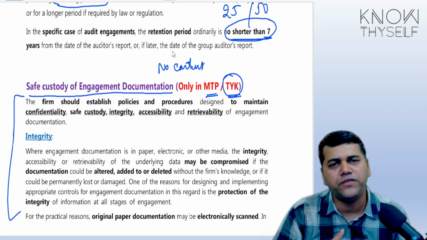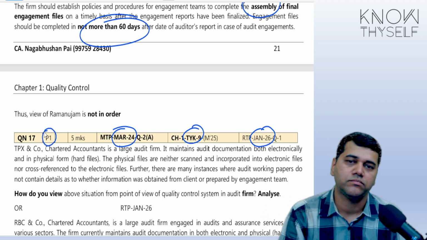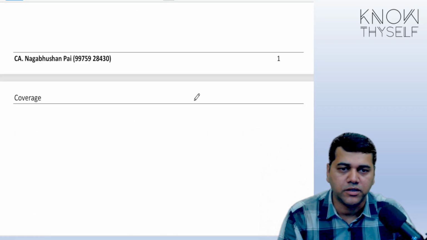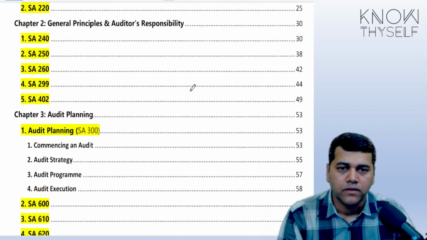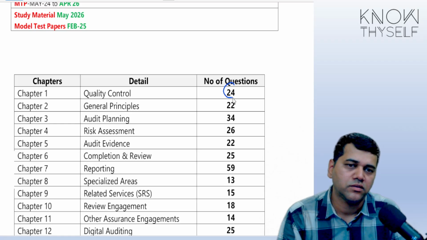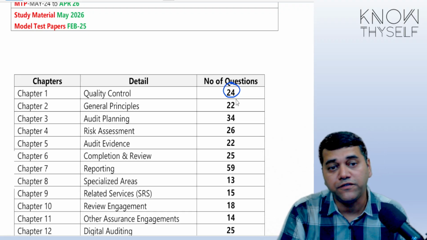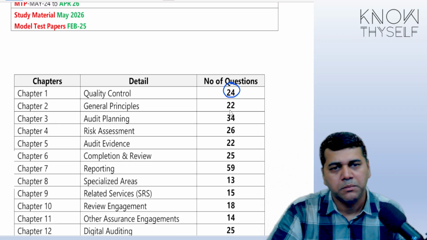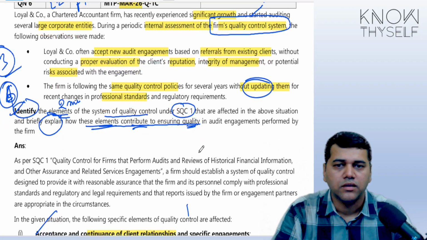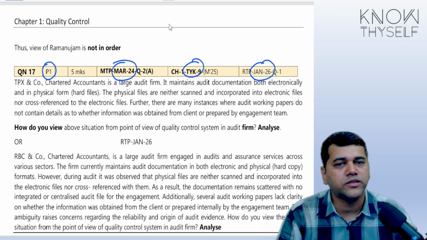See, I feel very happy when I see such a thing, and immediately I will mark it as priority one. See students, how many questions are there in this particular chapter, in this Q&A? We have around 24 questions. See, 24 questions, somewhere you have to prioritize. But out of these 24 questions, every question is not important, because already some questions have come for your examination.